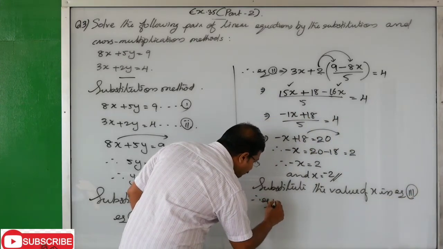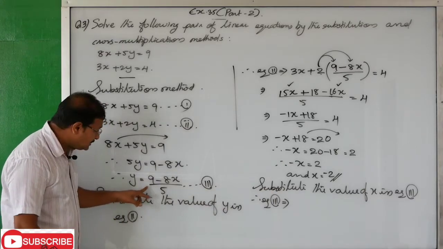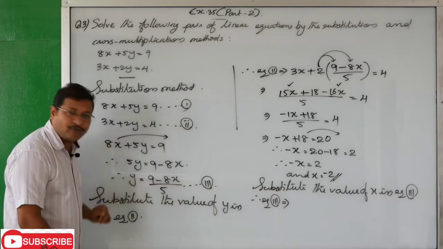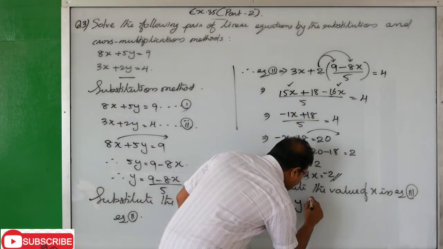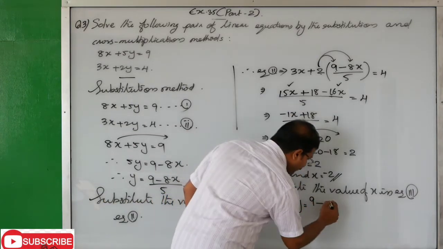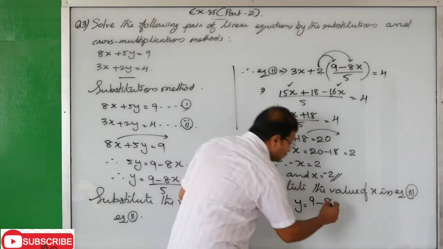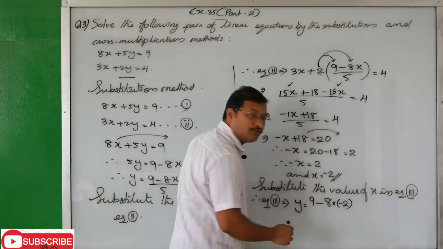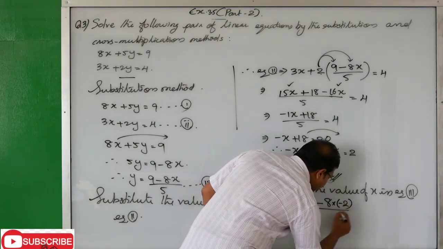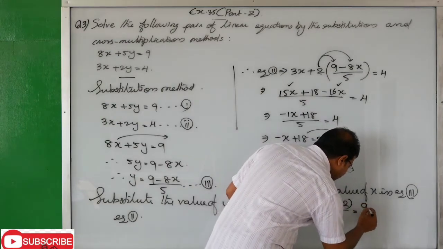Therefore, equation 3 implies, now what is the third equation? y equals (9 minus 8x) by 5. Ready? So we'll write y equals (9 minus 8x) by 5. In place of x, we will put the value of x as minus 2. So 8 into minus 2, because minus should be in bracket, divided by 5 equals, ready, 9 minus into